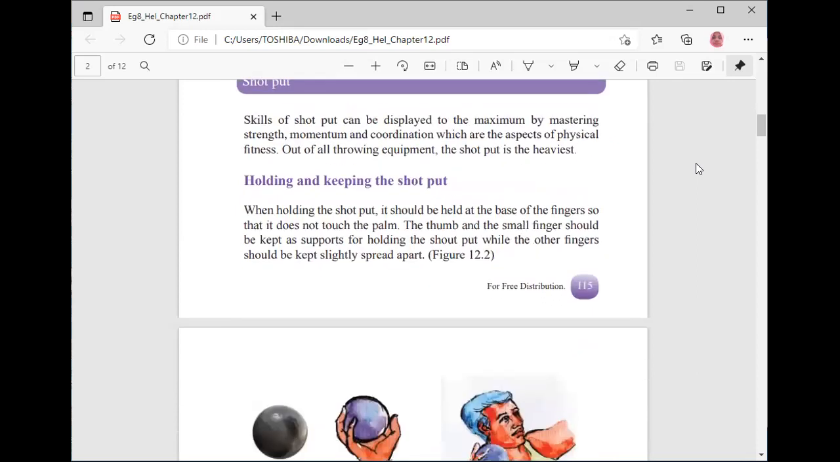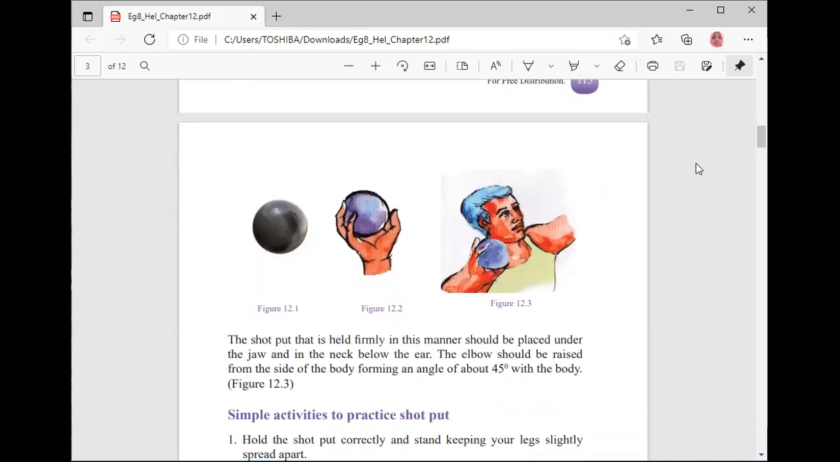Now we'll see what is shot put. Skills of shot put can be displayed to the maximum by mastering strength, momentum, and coordination, which are aspects of physical fitness. Out of all throwing equipment, the shot put is the heaviest. So, holding and keeping the shot put: see how you should hold it. See the figure